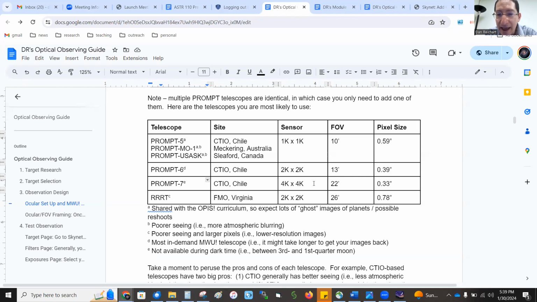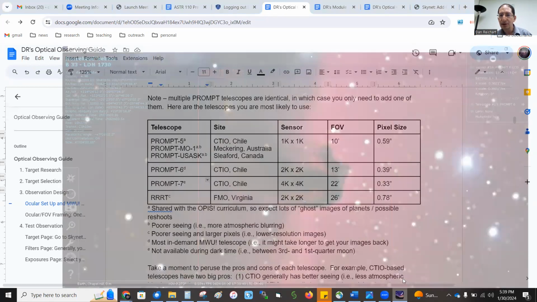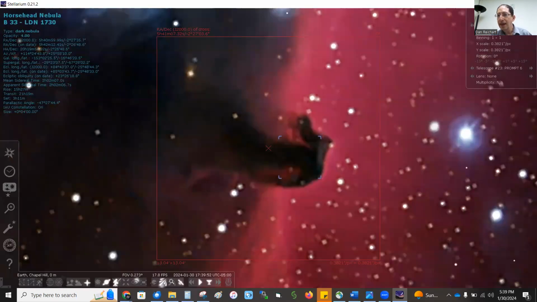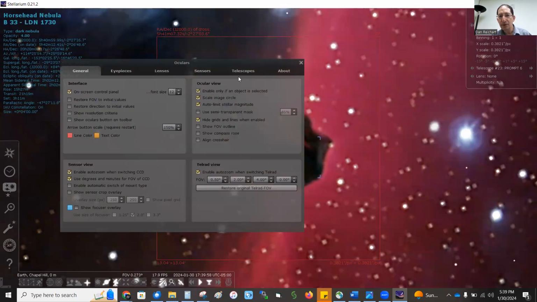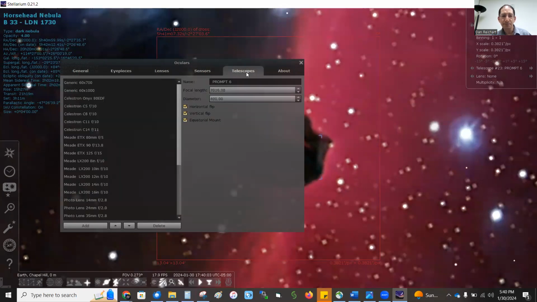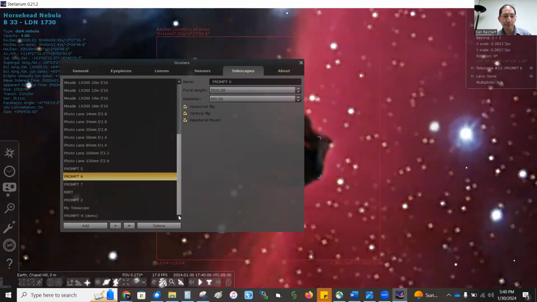Now, coding in oculars. I'm going to show you how to code one in, but you probably want to code in all the oculars you have here eventually, so you can choose between them. So let's go back to Stellarium. And to code in a new ocular, use the gear symbol. We have to code in the telescope and code in the sensor. So I'm going to go to the telescope here, and I already have them all in here, but let me code up one I don't have. So you go here, you add,